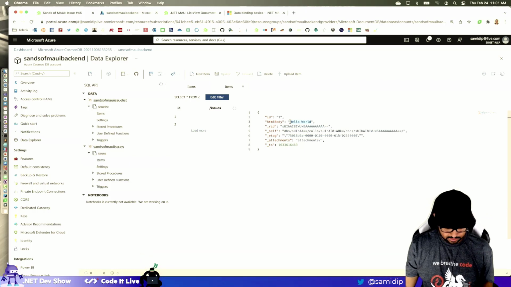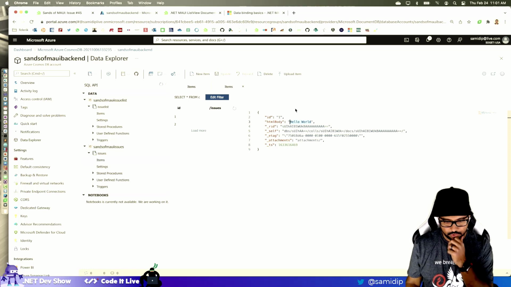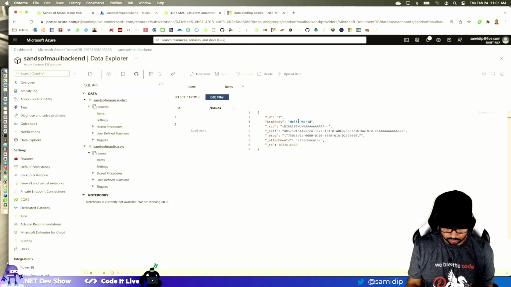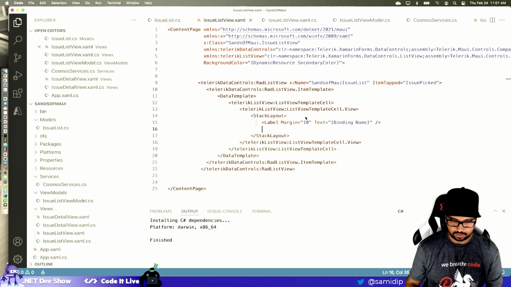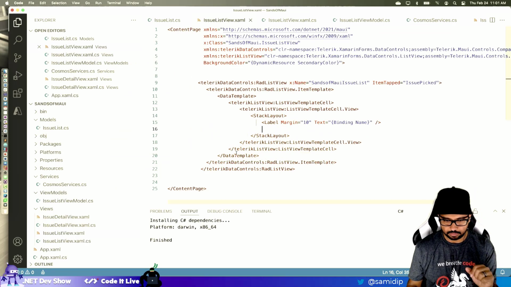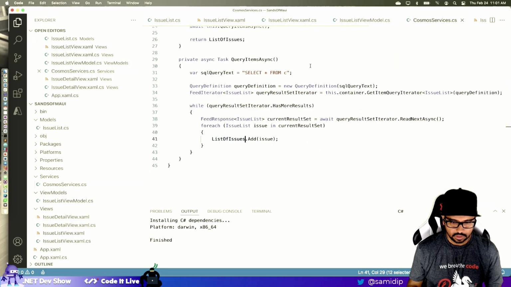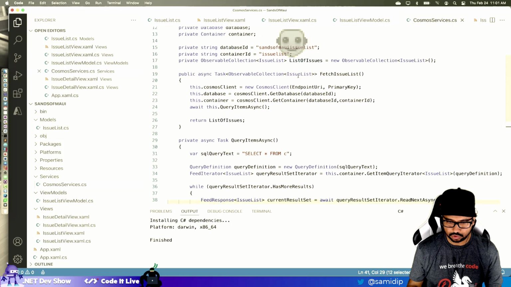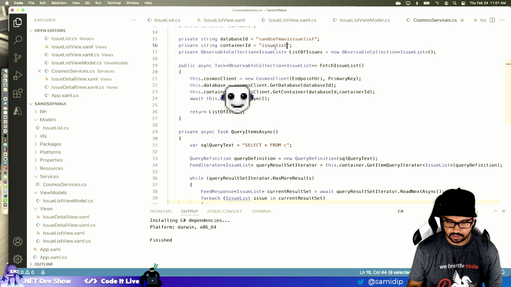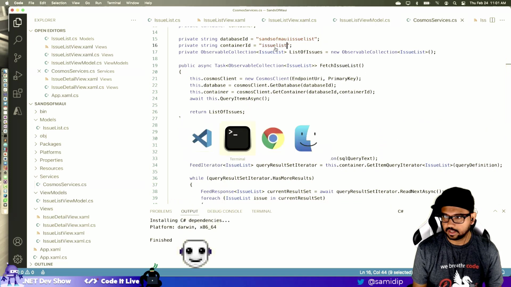So let's see if I can carry that ID. Well, firstly, I need to do a little bit of Cosmos lookup as well, because I'm not set up to look up issues. So let's do that, and then I will use the ID to pull back the thing that I need. So in here, this is just a thing to look up my issue list, right? Which is this. Let's look up